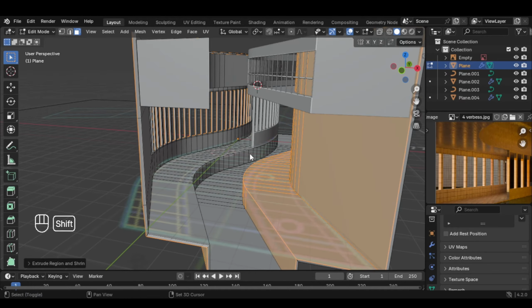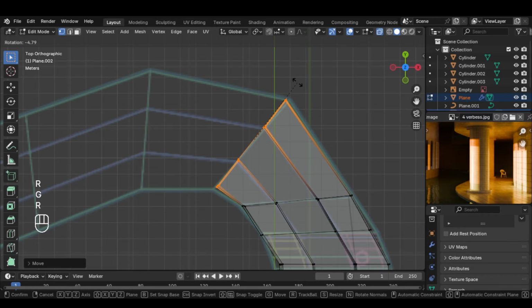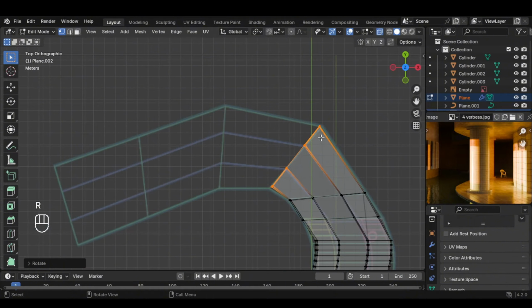And let's make a loop cut, and we have to extrude them again, so E and just G and R, and let's move it to about here, and E,